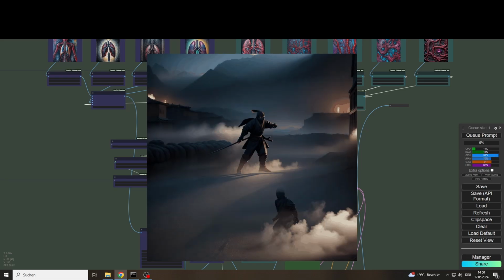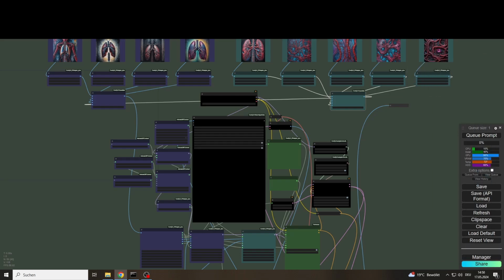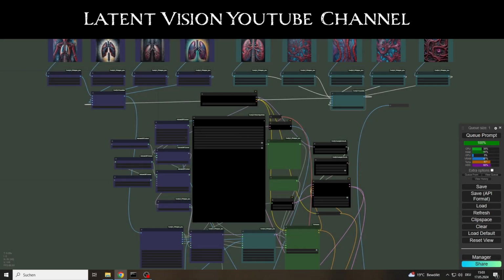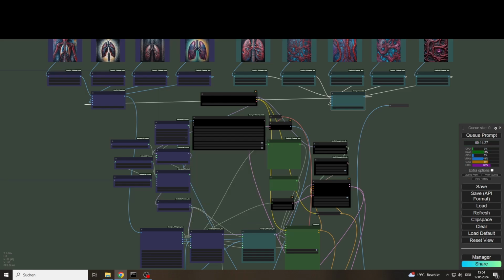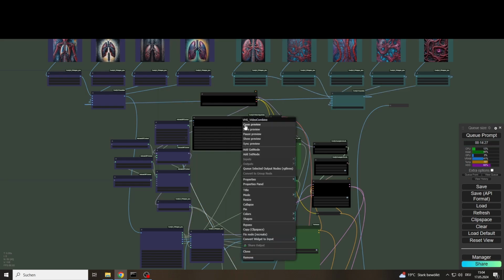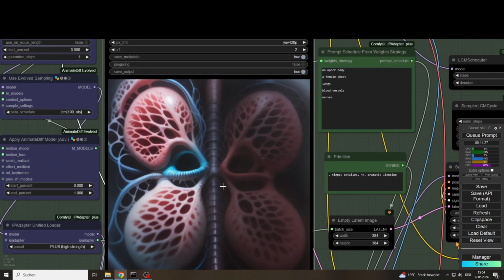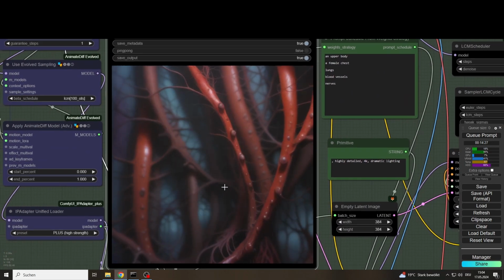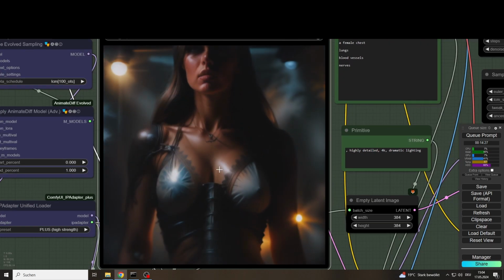But then, a few weeks ago, the creator of the IP Adapter Plus nodes, Matteo from the YouTube channel Latent Vision, published new nodes. I'm not usually one for exaggerating, but it's appropriate here. The new IP Adapter weights nodes are simply phenomenal. I've spent the last 2 weeks trying to figure out how to use them with Animate Diff. And the level of control and creative application possibilities is so great that I decided to turn it into a